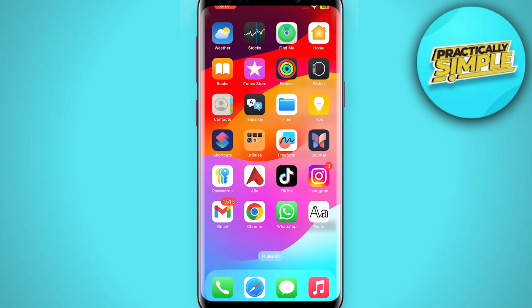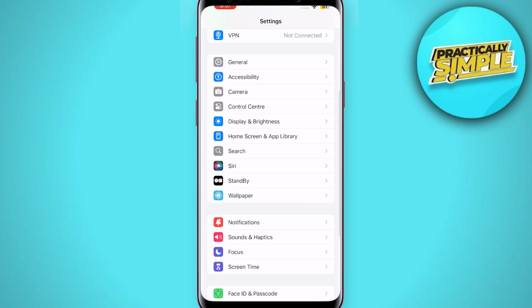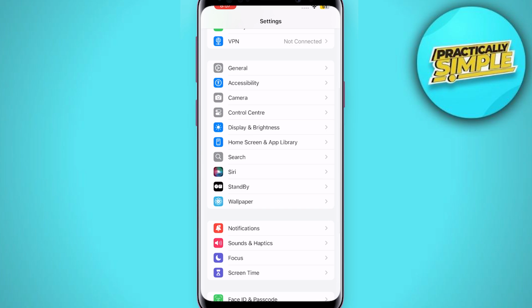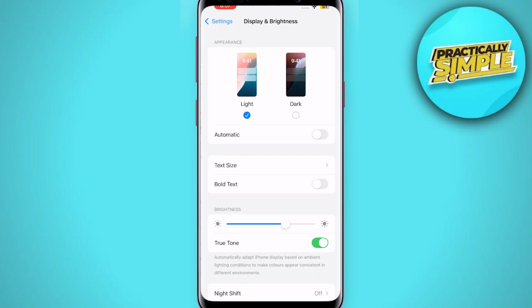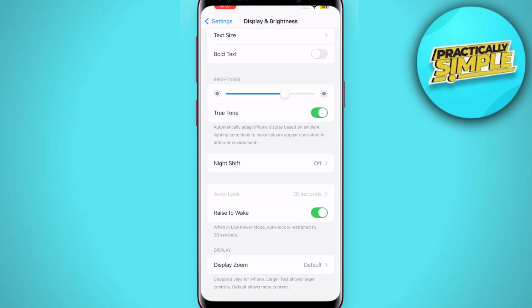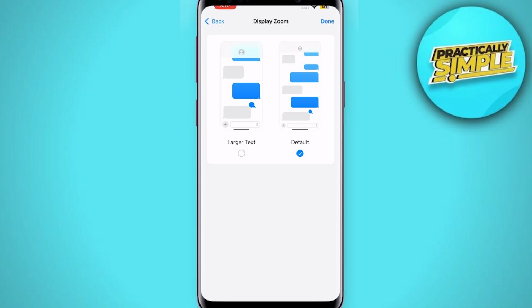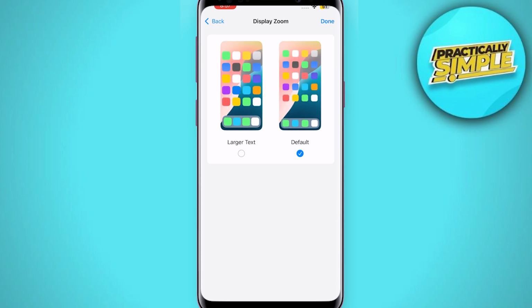So to get started, go and open up the Settings application here. Now in here, you need to scroll down and find the option for Display and Brightness. Tap on it. Now in here you need to scroll down again. You can see the last option here, Display Zoom. Tap on it. So as you can see, mine is set to Default, which means I can go and make